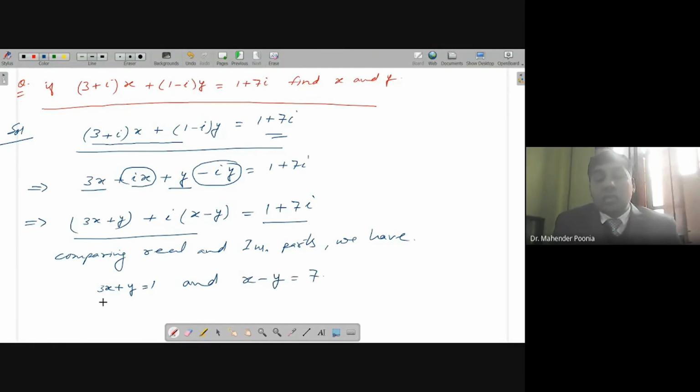Now there are two equations in the two variables x and y. We have to solve these equations and find the value of x and y. Right? We put 3x plus y as equation 1 and x minus y is equal to 7 as equation 2. Adding equation 1 and 2,